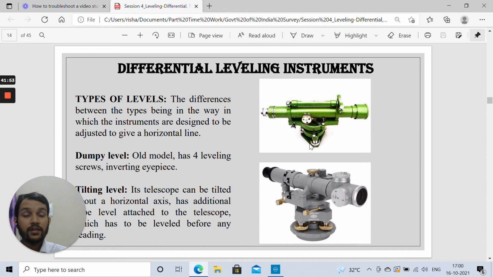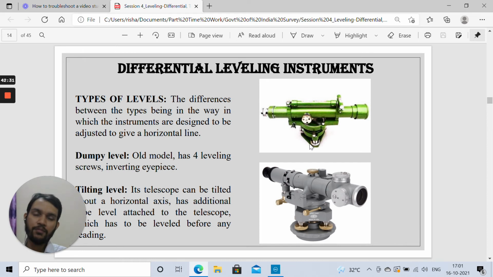Okay, next is the tilting level. In tilting level, what happens, this level can rotate about the horizontal axis, means it can go up and down. Once you are trying to sight the instrument just to focus it, after that you can fix it with the help of a knob. But once you are rotating the instrument so as to sight a particular leveling staff, thereafter it can even rotate along the horizontal axis in the vertical direction, so that you can sight the same leveling staff at different readings. If you want to take the top and bottom reading of a particular building or any other requirement, then that reading can be taken with the help of tilting level.